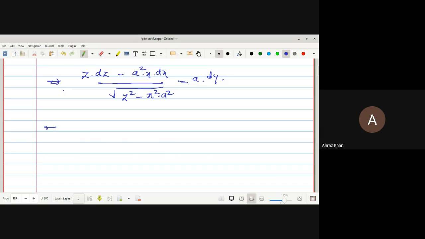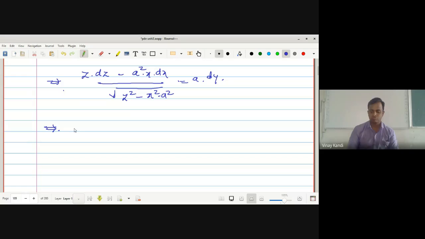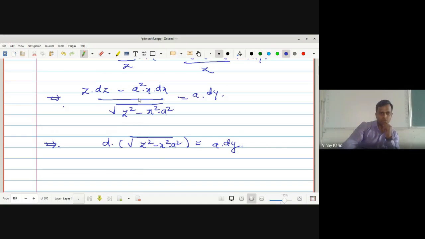That implies this is the derivative of square root of z square minus x square into a square. Is it correct? This is a dy. पाहायचा डेरिव्हेटिव्ह काढल्यानंतर ते होते का 1/2 रूट येस हाच ब्रॅकेट येईल इथे 2 येईल ओके झेड स्क्वेअर ऑफ याचा डेरिव्हेटिव्ह काय येईल 2z dz आणि याचा डेरिव्हेटिव्ह 2x a square dx 2 कॉमन गेट कॅन्सल ओके